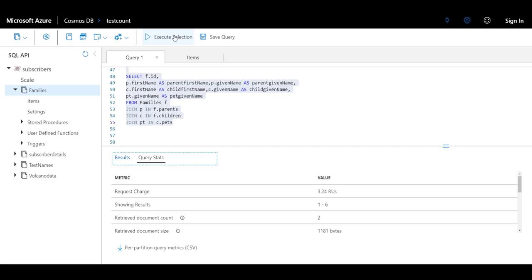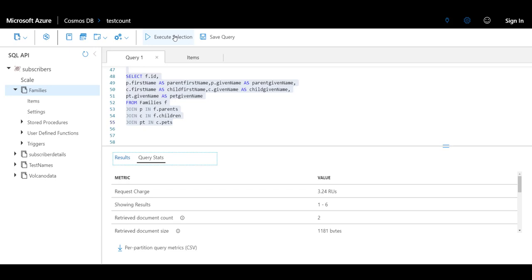Now when you execute such a query, you can see that as per our explanation before, it undergoes a kind of cross join between each of the 3 sets of node elements. That means it will iterate for every parent, and within that it will iterate for every child, and within that it will iterate for every pet that's in the family's document.